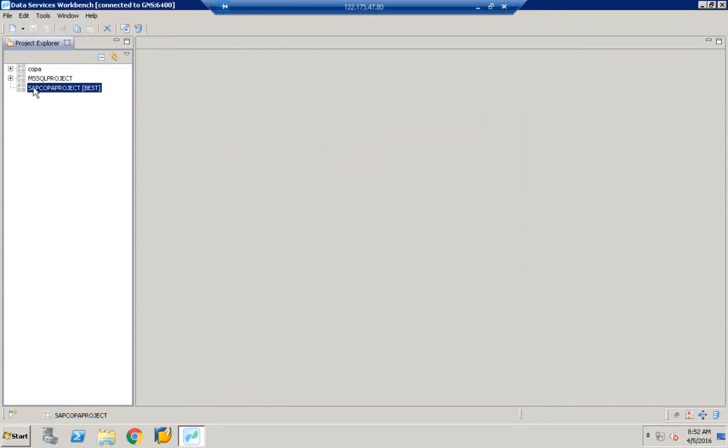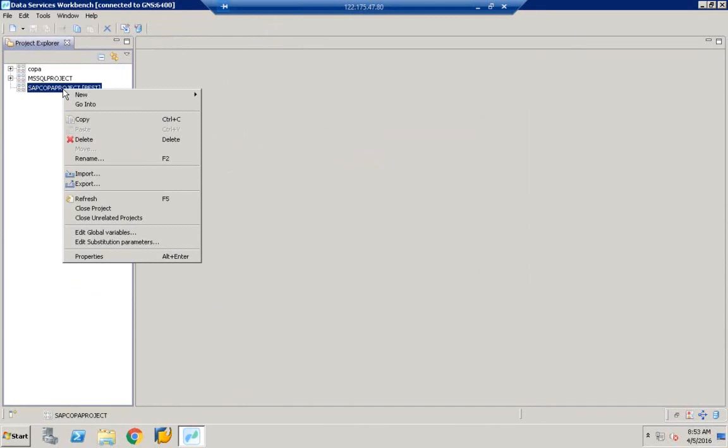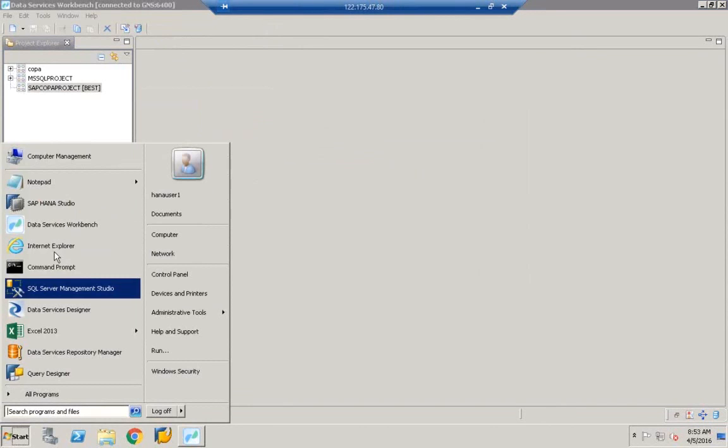So once we finish, a project is used to group ETL flows. Like how a package is used to group information views, a project here is used to group ETL flows: extract, transformation, and load flows. Right click on the project, new, click on data store. A data store is a connection. So